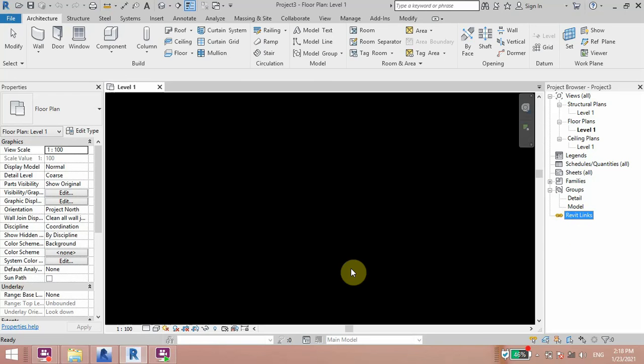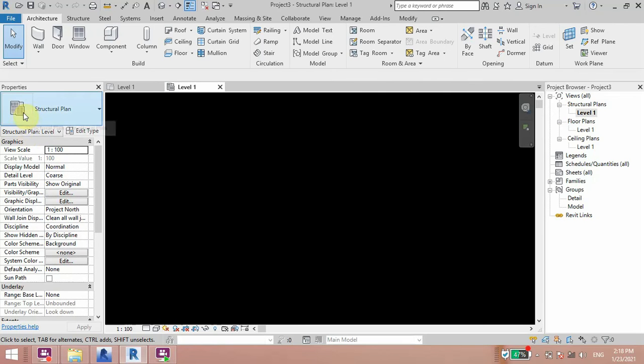When you are importing any link like MEP services, that can be used in Revit Links. This is mainly used in Project Browser.